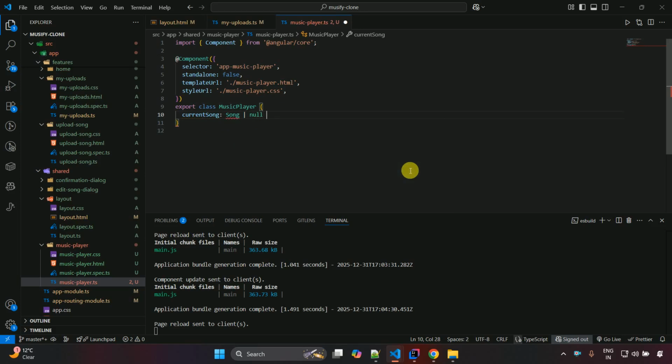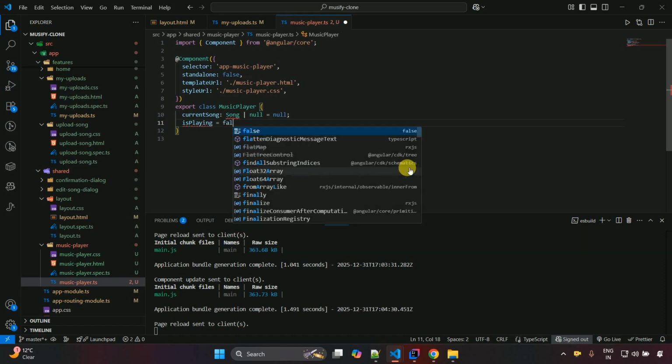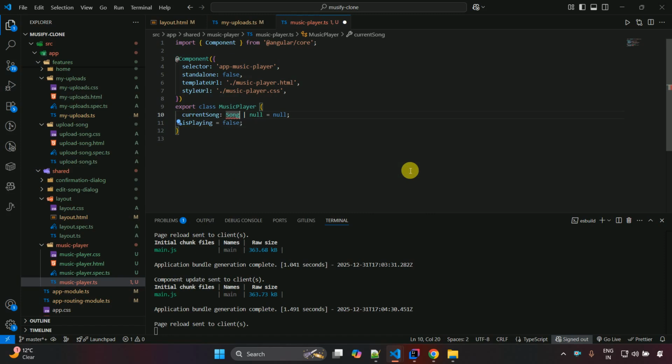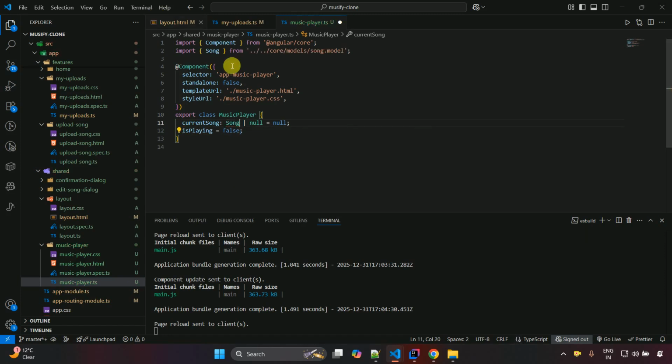So by default it will be set as null, and then isPlaying false, and song we have to import. So this we have to import from the song model, and then isPlaying, then currentTime is equal to 0, and then duration is equal to 0, and then volume is equal to 1, and isMuted